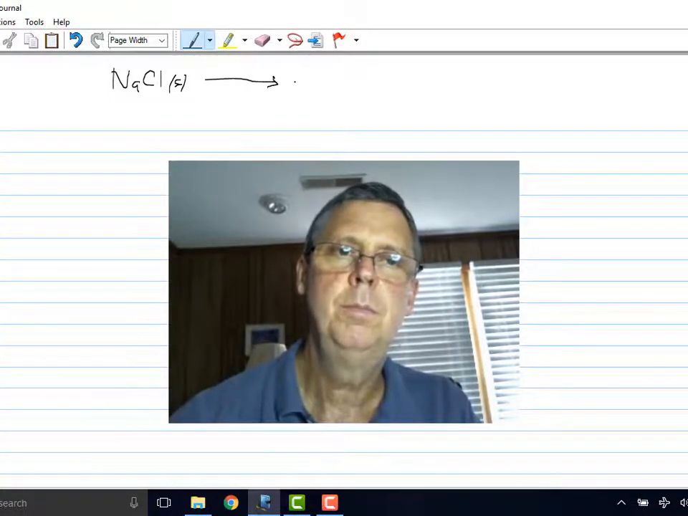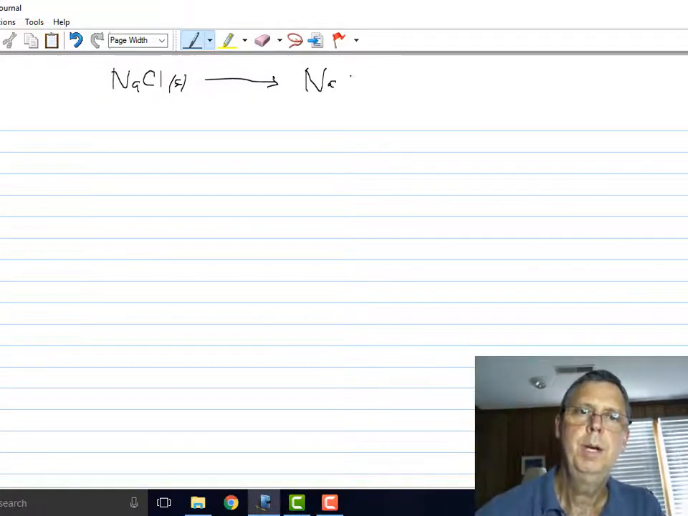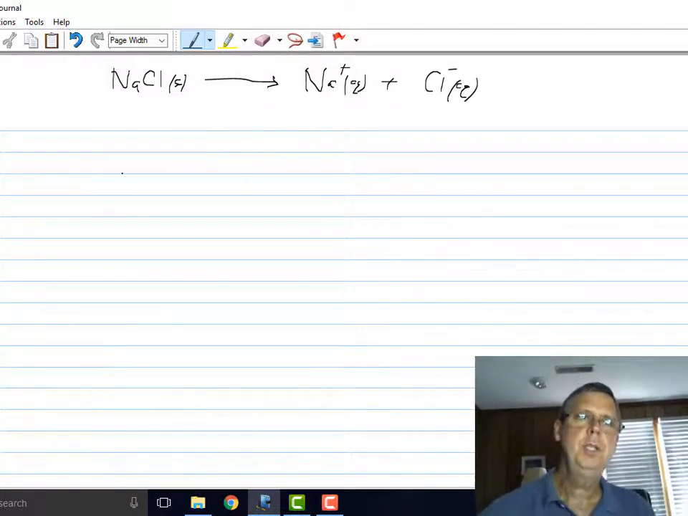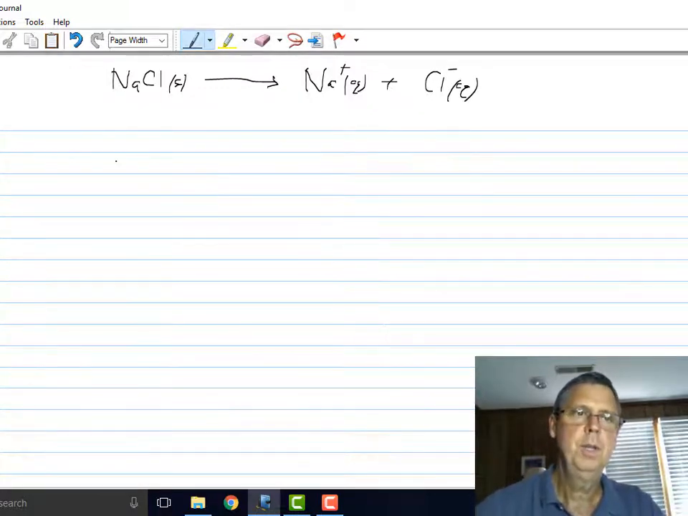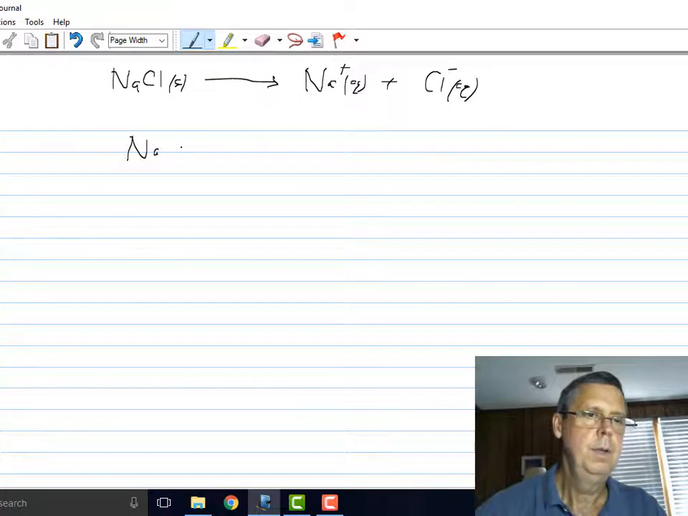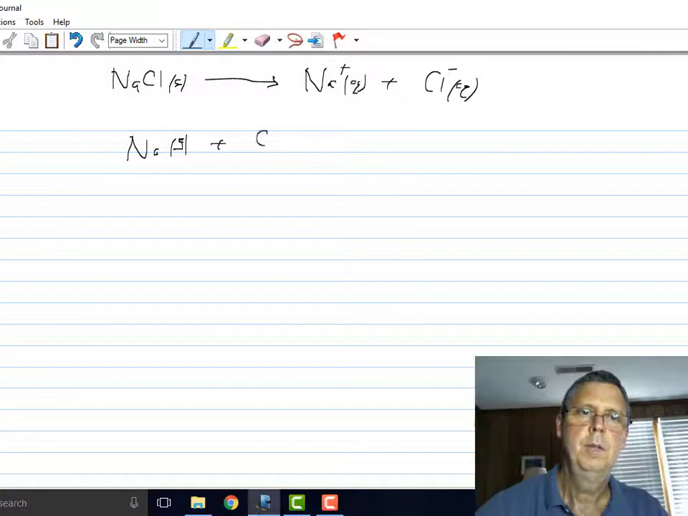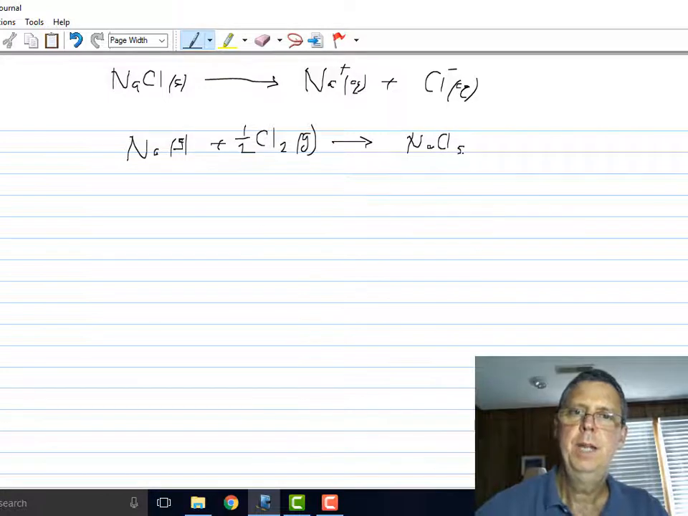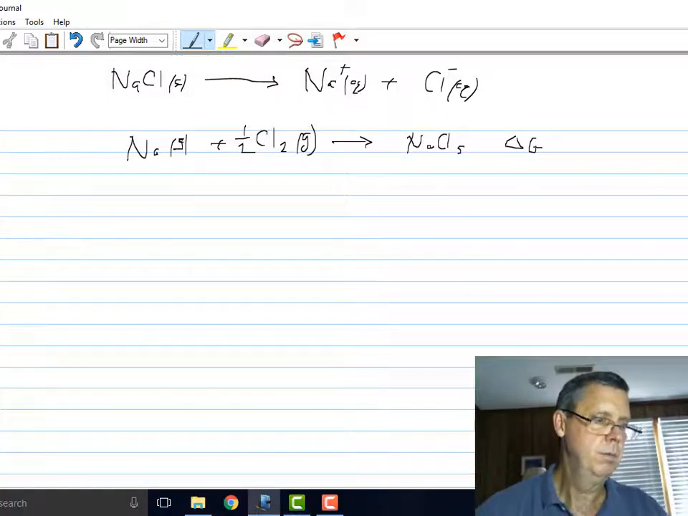Sodium chloride goes to form sodium ions, aqueous, plus chloride ions, aqueous. So suppose we have two other equations. We don't have access to tables, but we're given two different equations. We're given solid sodium plus elemental chlorine, gas phase. This actually has a 1/2 coefficient. I'll explain that in a second. Forms NaCl solid, and we know that the delta G for this reaction is, let me recalculate that,